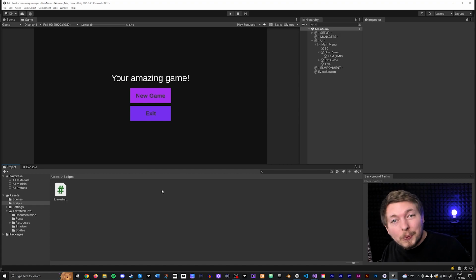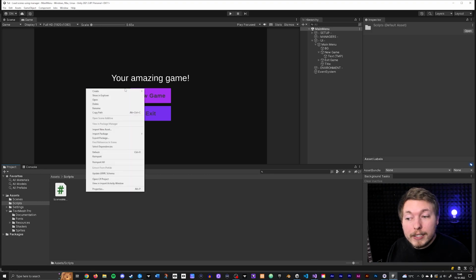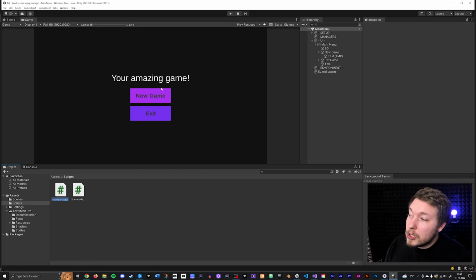Inside Unity, the next thing we want to do is make sure that the buttons inside the main menu and inside level 1 are actually working, so I can go back and forth between level 1 and the main menu. So what I'm going to do is go inside my scripts folder, right click, create a new script, and I'm going to call this one